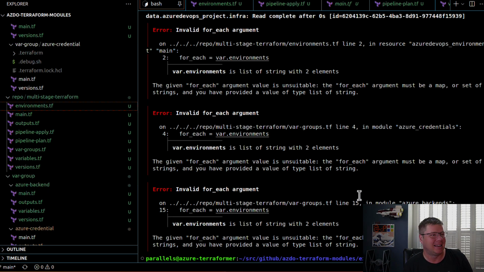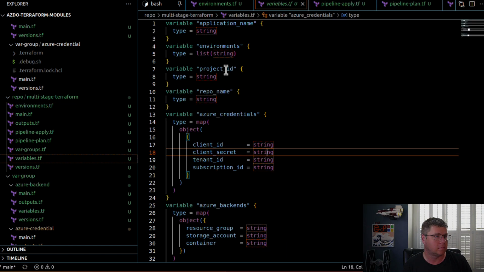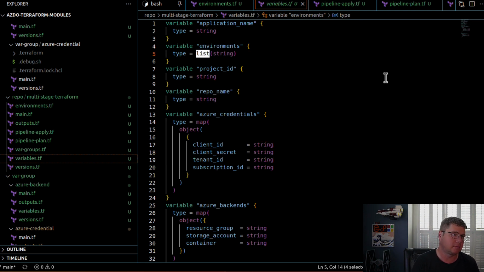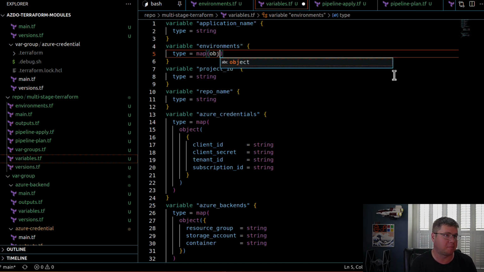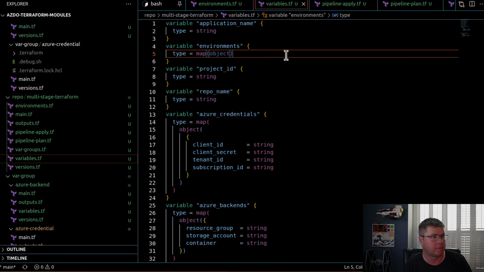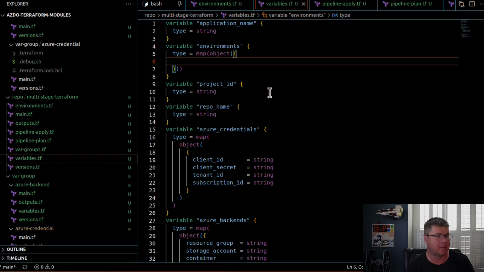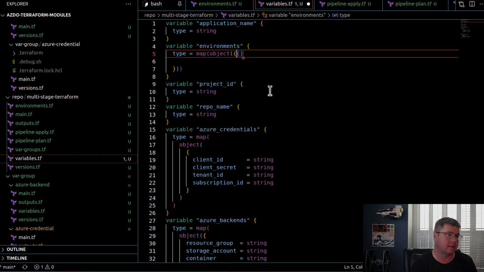Yeah, okay. Is a list of 2 elements. Yeah, I don't know. Maybe it would make sense to refactor my environments into just a map of nested objects. That might be interesting. So if I create a map of objects, then the object can have a key, and actually